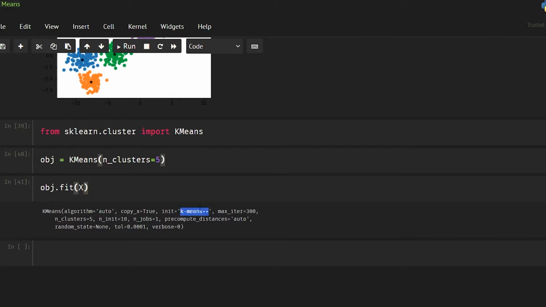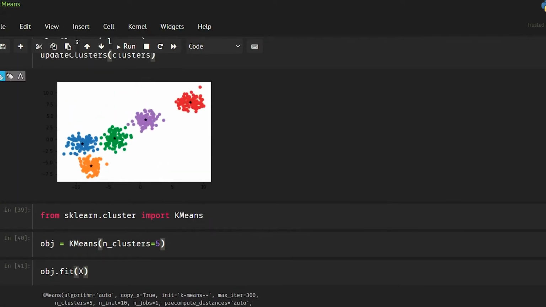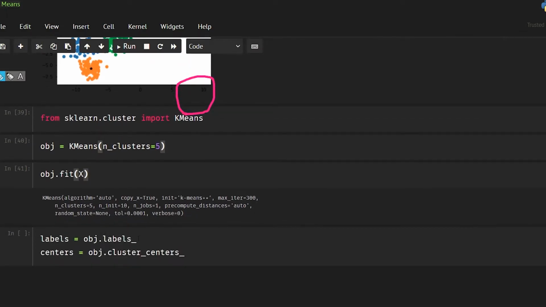What we can do is get the labels equal to obj.labels, and we can also get the centers: obj.cluster_centers.